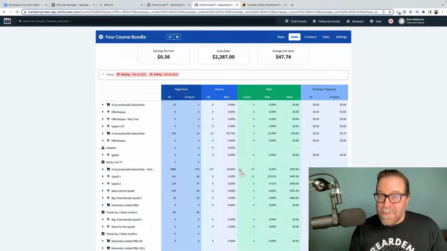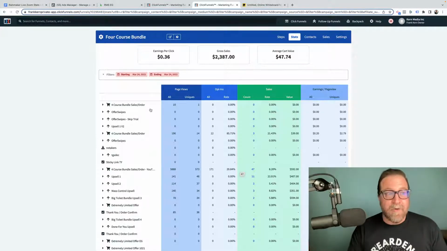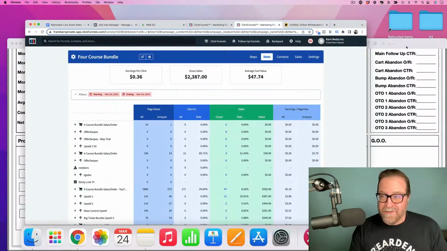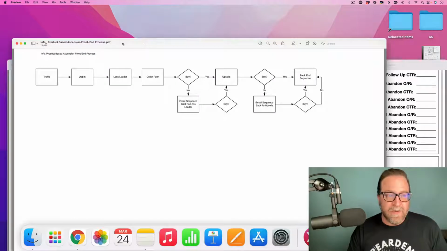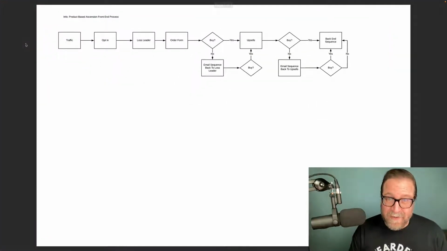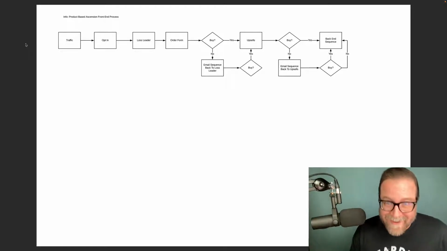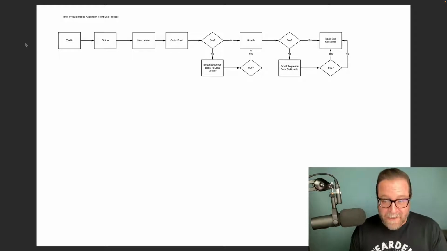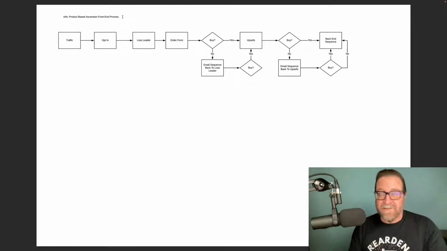This is great. But in terms of selling them something and selling them something else, how do we really make that work well? Well, the reason I'm showing this to you is it all comes down to just knowing which process and what pieces of a process are applicable to the current situation, right? So in this case, my business, I sell products and services. So if we look at an info product based ascension front end process, which means I'm selling something cheap and then I ultimately want to sell something more expensive over time, we just kind of covered this part right here,